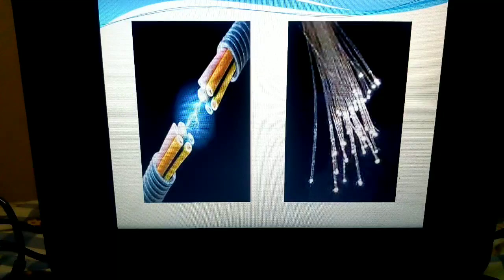But in the case of fiber optics, because your data is in the form of light, there is no question of having a magnetic field at all. So there is no magnetic interference. That is why it is very much immune to such kinds of interference. It is highly suitable for harsh industrial areas or environments, and it guarantees a high data transmission speed, around 100 gigabits per second.